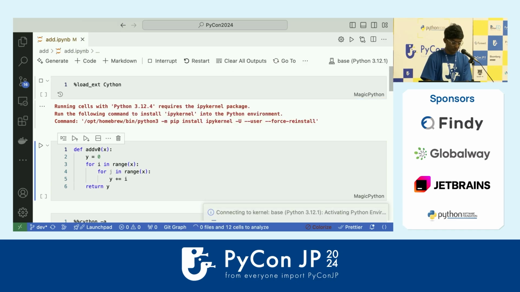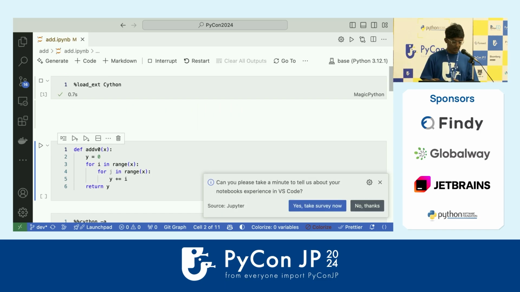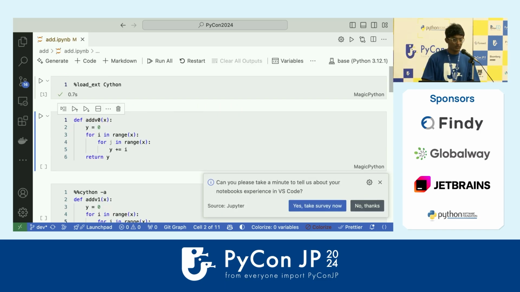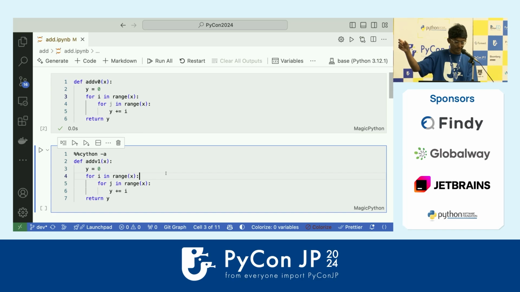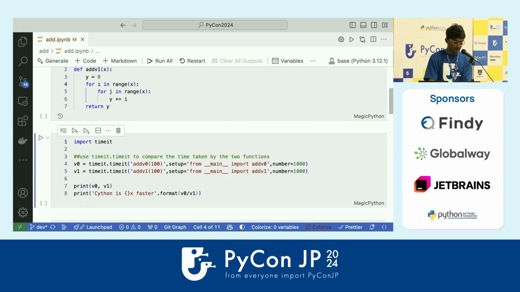Yeah. So this is Jupyter Notebook, and I am loading Cython here. There are multiple ways to compile Cython code. We are just utilizing Jupyter Notebook. It's easier, and we'll get into the details of what the other ways are. But as discussed, first code. This is the version 0 code. This is in pure Python. There is no Cython involved here. But in the next code, I have added some flags so that it gets compiled rightly in Jupyter Notebook. And again, this is the exact same code, but one is compiled and one is not, and we'll see.